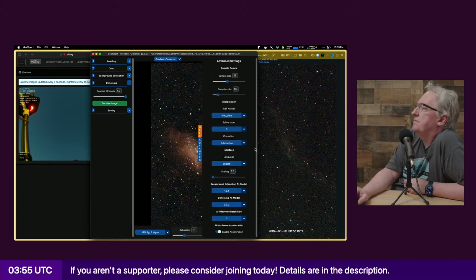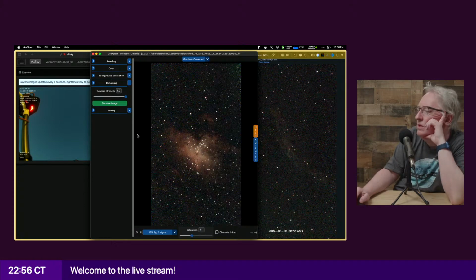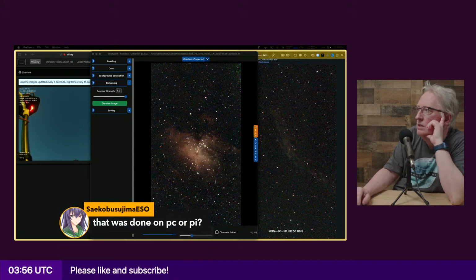Now let's see the denoising. The problem is the denoising. AI inference batch size: I wonder if I increase this to a bigger number, whether it takes less time. I haven't actually messed around with that parameter. This was done in neither; this was right out of the Seestar.